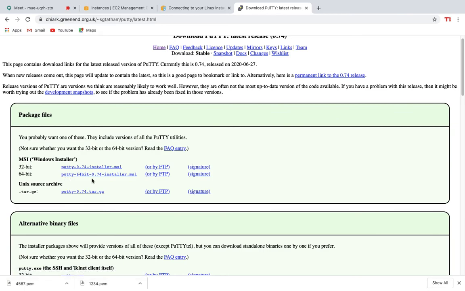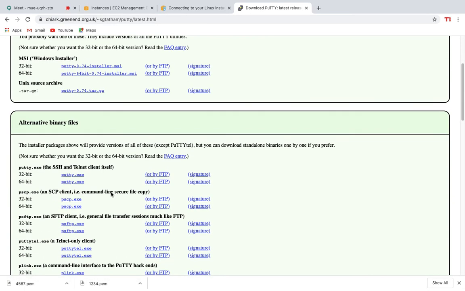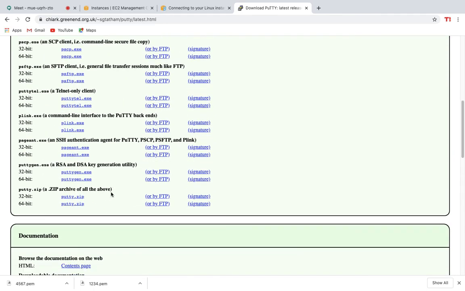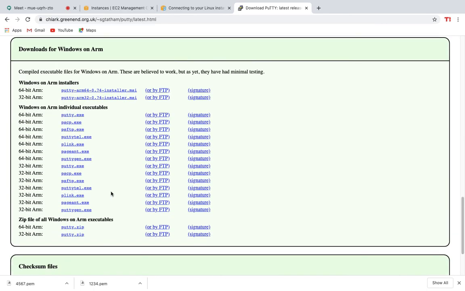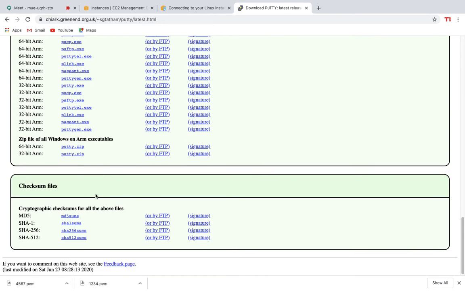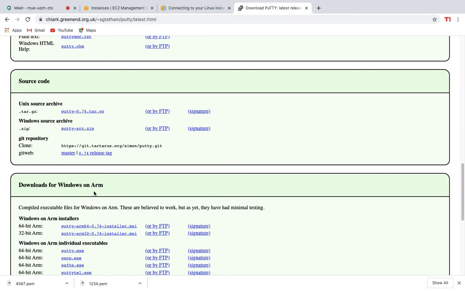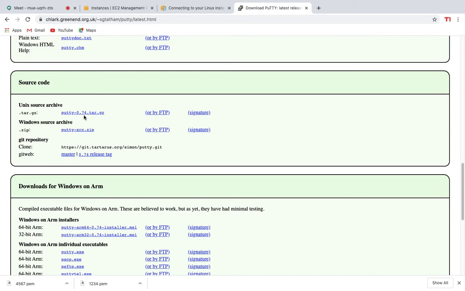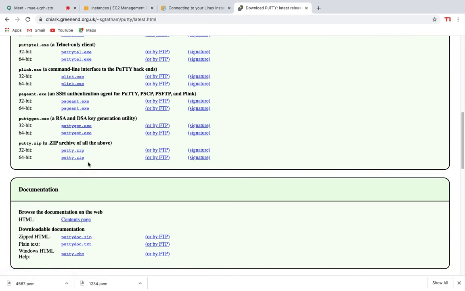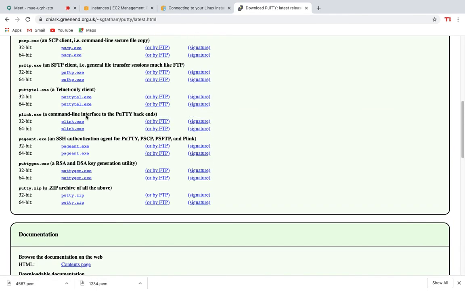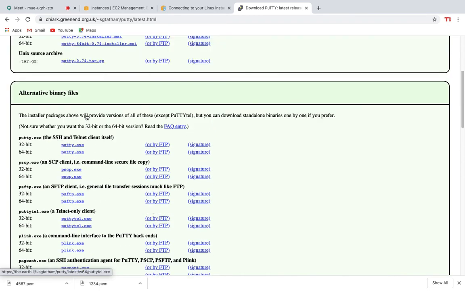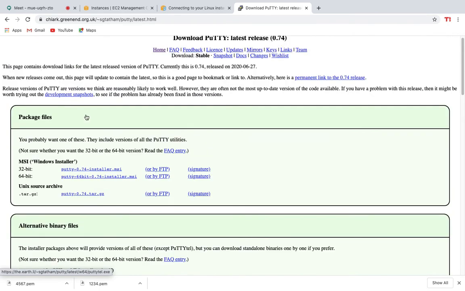I have 64-bit, so I don't need MSI. Is there a Mac one? No exe supported. Zip is not supported. I can see I don't have any version for Mac here. MSI is not good.